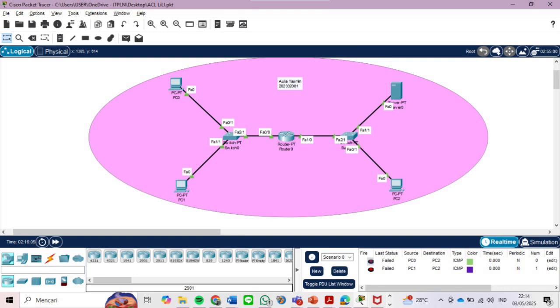the devices. An ACL in networking is a set of rules applied to a router interface to control traffic flow. These rules can permit or deny specific types of traffic based on parameters like source IP address, destination IP address, protocol type, and port number. In our case, the ACL is used to control traffic between the left and the right side of the network.